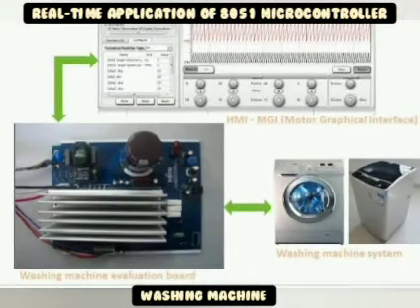So moving to the real-time example, as I have said in the previous class, traffic light is one of the mandatory examples of this 8051 microcontroller. Apart from traffic light, there are also many examples, and washing machine is one of the very frequently used real-time examples. So you can see the architecture layout, how washing machine works.